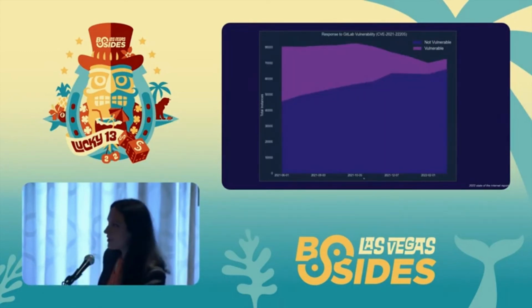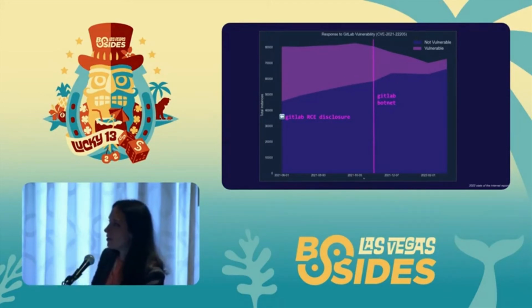So let's contrast that with the internet's response to this GitLab vulnerability. It was a remote code execution vulnerability. And the actual disclosure happened a month before the data on this chart begins. But what I'll say is you can start to see this dark purple that's not vulnerable. You can see there's a steady trend upward. We're good, we're good, we're good. We're patching, things are happening. And then we